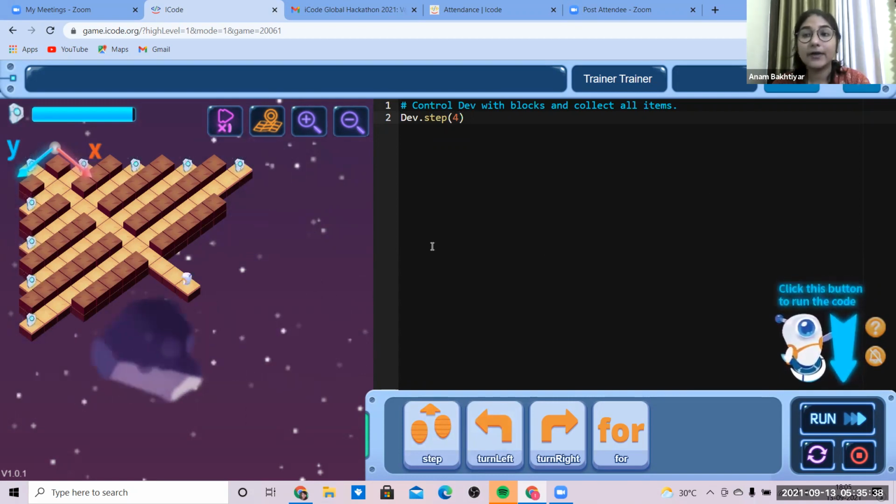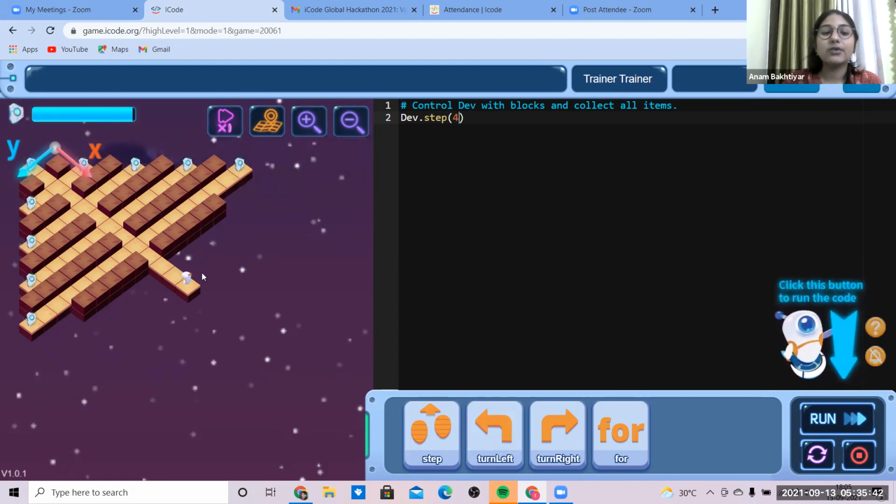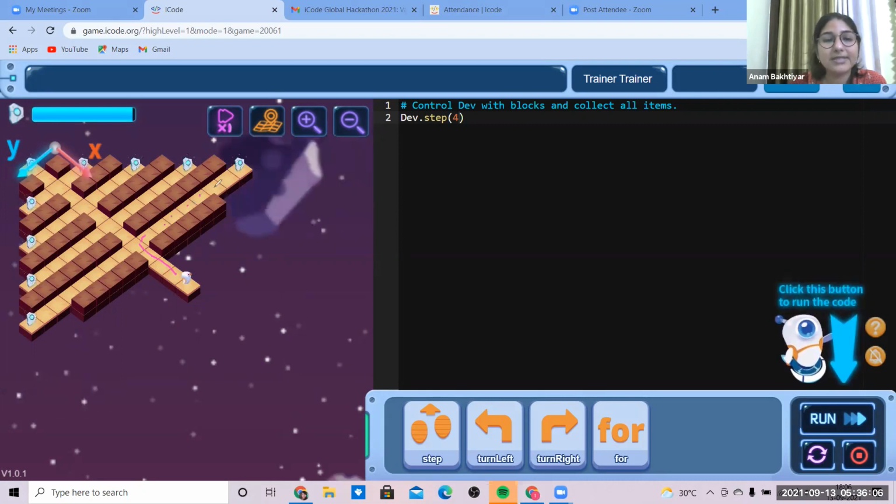Now the next thing is we need to talk about today's class. What we need to do in today's class is this level. If I annotate it, how many steps does it have to move? 1, 2, 3, and 4. Now either it can turn this way or this way. Let it turn towards right. How many steps does he have to take after turning right? 1, 2, 3, 4, 5, 6, 7, 8.